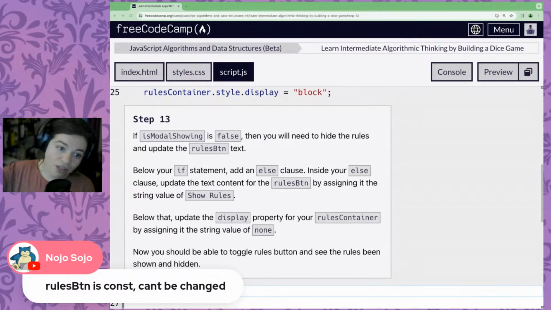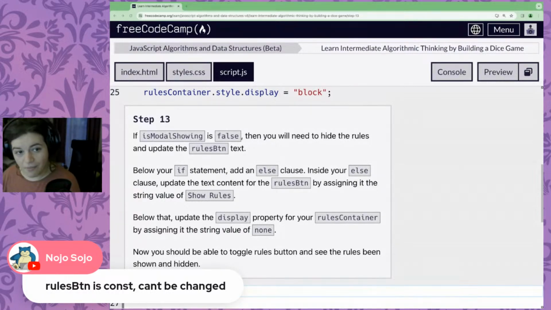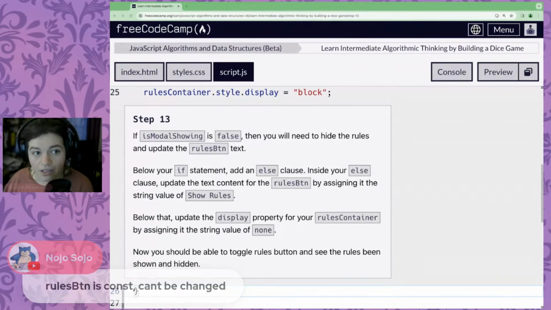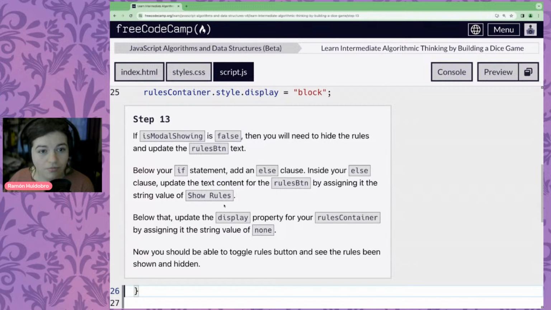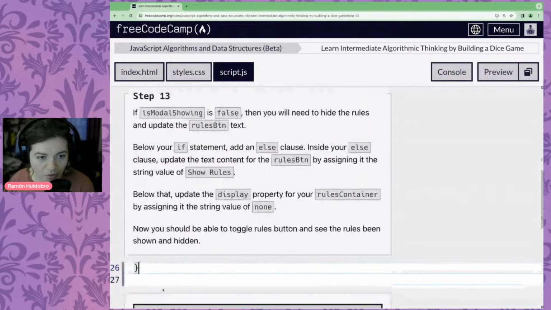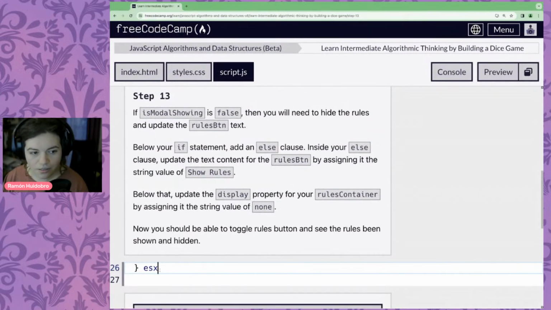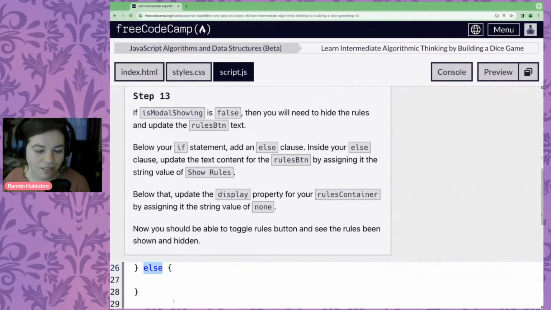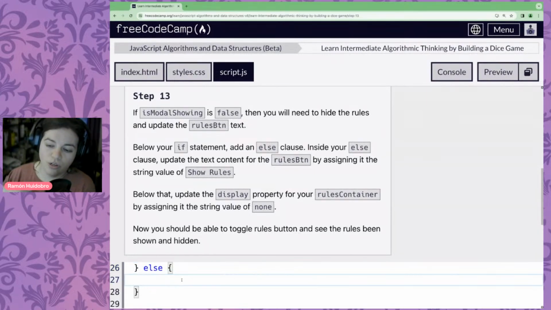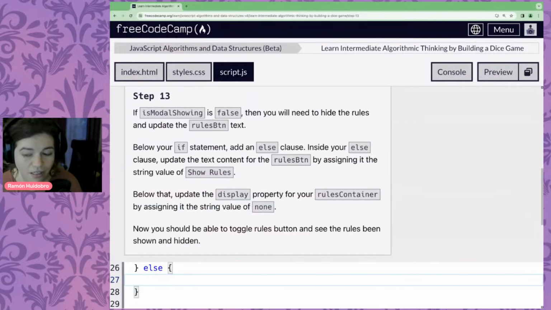Nojo Sojo says it very correctly. Also, rules button is a constant, can't be changed, which is 100% accurate. So if it's false, then we'll need to do the opposite. So below our if statement, we're going to do an else, if I could spell that. So else, and now we're going to do it so that we hide the container and change the button text